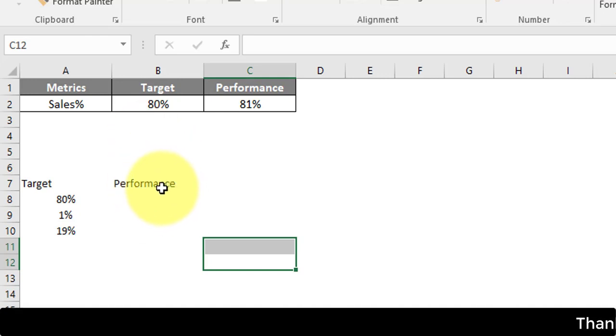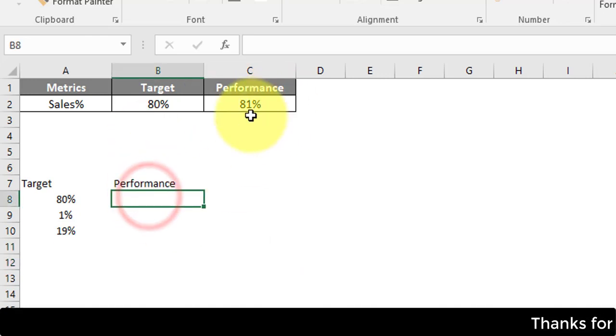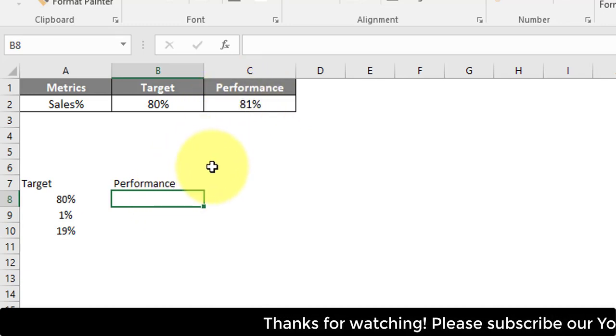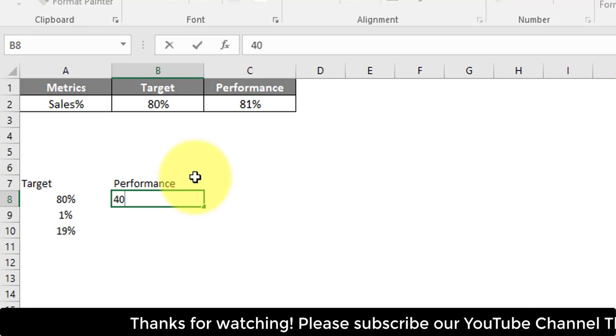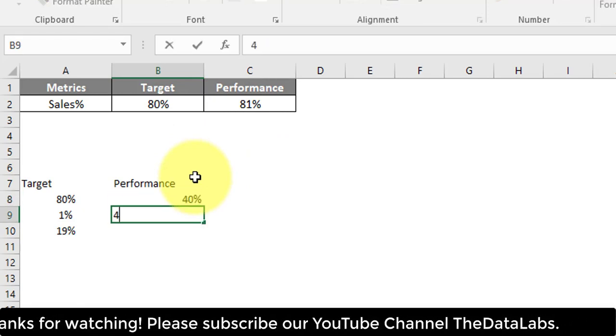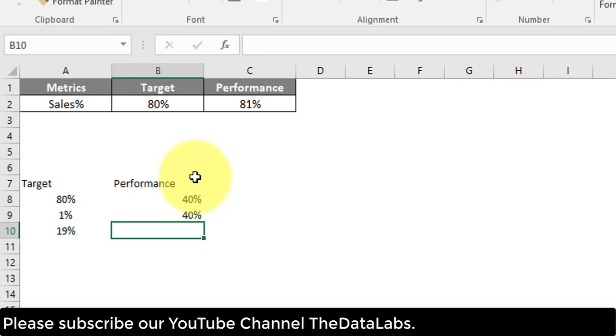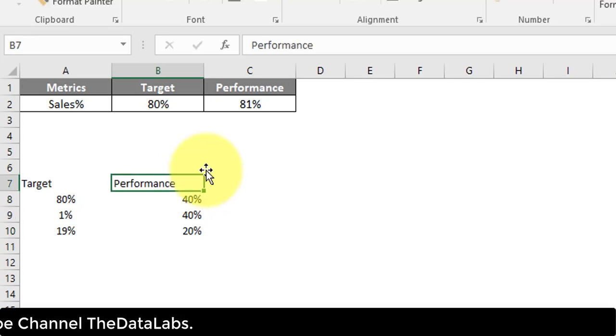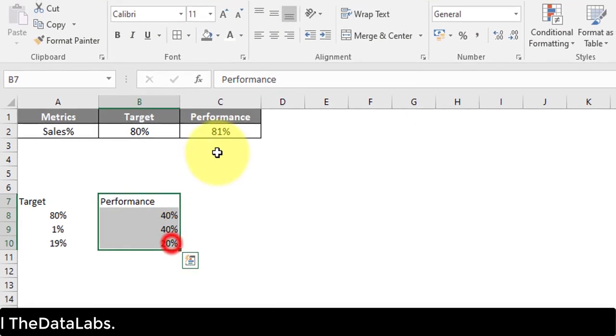Let's start with a static performance, and then we will create the dynamic performance; give the reference of C2. So let's use 40%, then 40%, and then 20%. This is the breakup of 100%, because the maximum performance would be 100%.